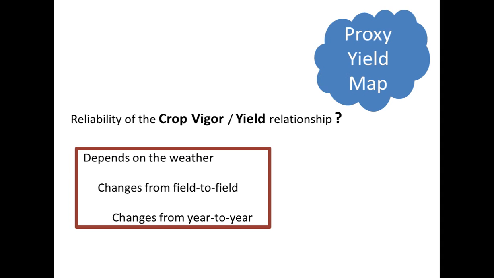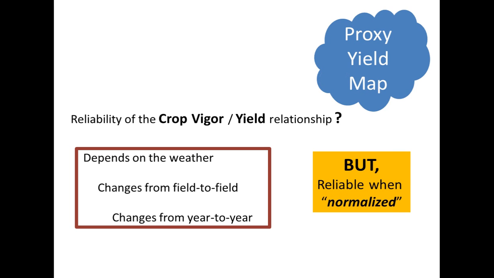But also, there's a lot of differences between fields. Perhaps it's because of different hybrids, the previous cropping systems are different, fertility practices. So a proxy map and the procedure you use on your field will be different than on the neighbor's field. And then you can expect the yields to change from year to year because of a whole bunch of different factors. So you say, well, my gosh, this isn't even worth it. But I think there's a way around this.